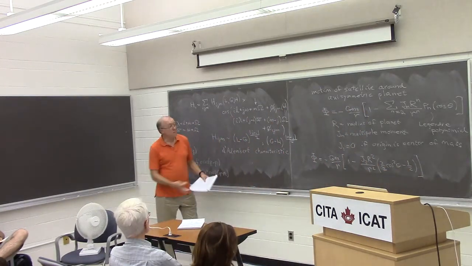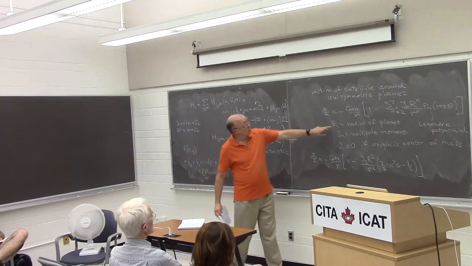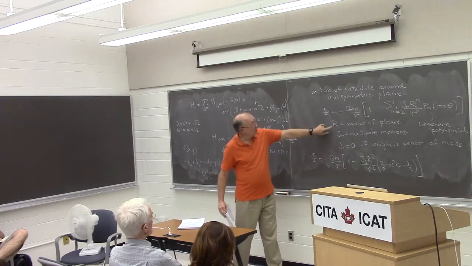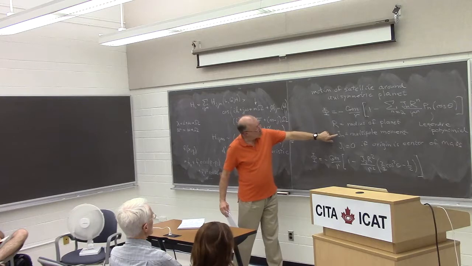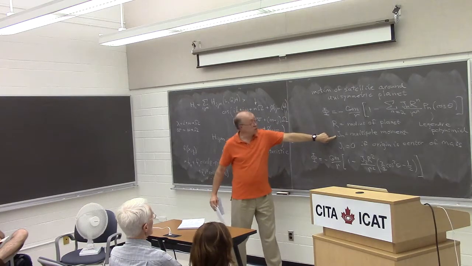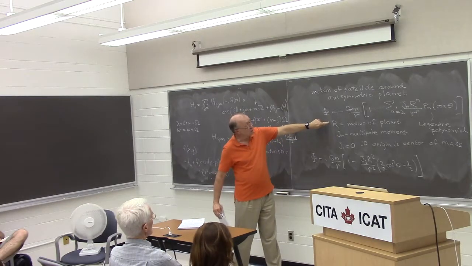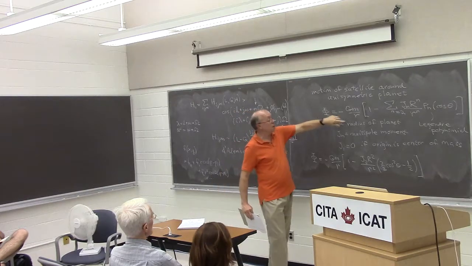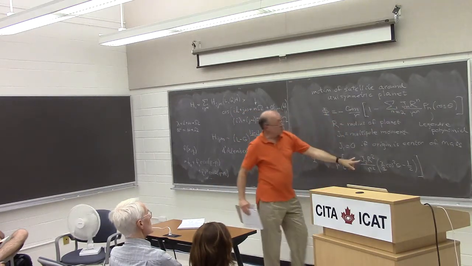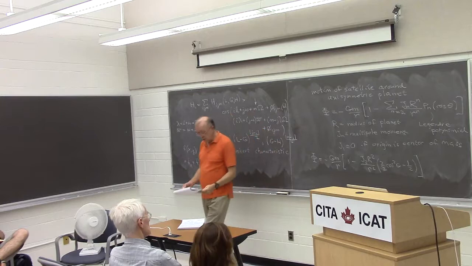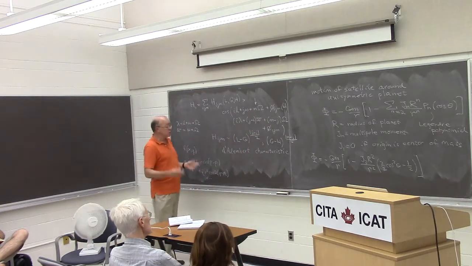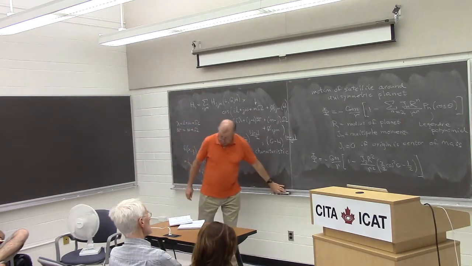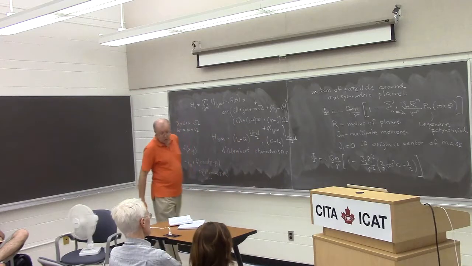1/2. The other thing to keep in mind is that it doesn't really matter what you pick for the radius of the planet. The only thing you have to make sure is that the value for the multipole moment that you're using is for the same definition of the radius of the planet. That is, all that matters is the product of the two. The radius and J2 only enter in this product. Okay.